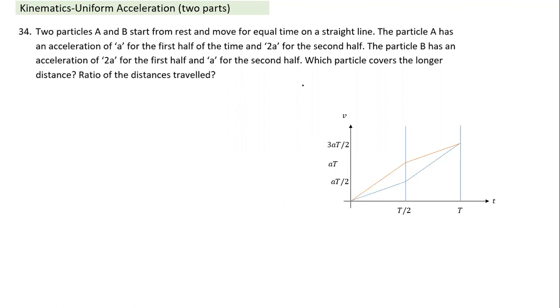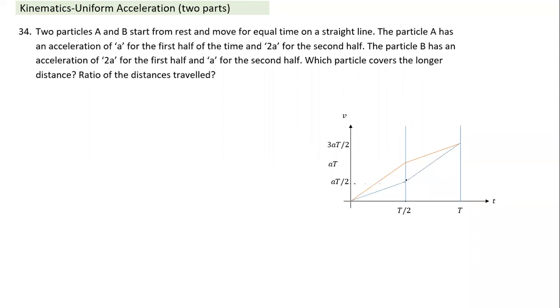Let's see how we do it in terms of a graph. Since the time is given, and velocity and its relation to the first half and the second half of the time, the graph is of course going to be a VT graph. I have taken the total time of travel as T. So up to time T by 2, let's take particle A. Blue color is particle A. It travels with acceleration A, so at time T by 2, it will achieve a velocity AT by 2.